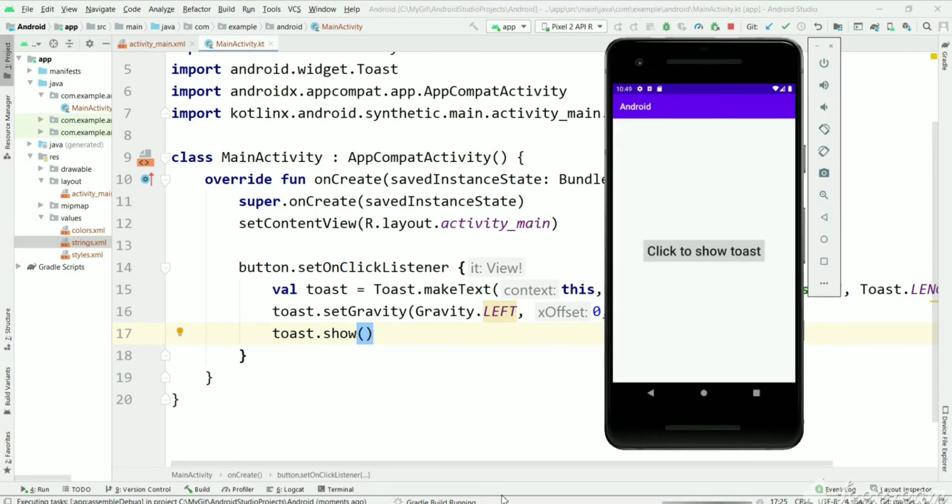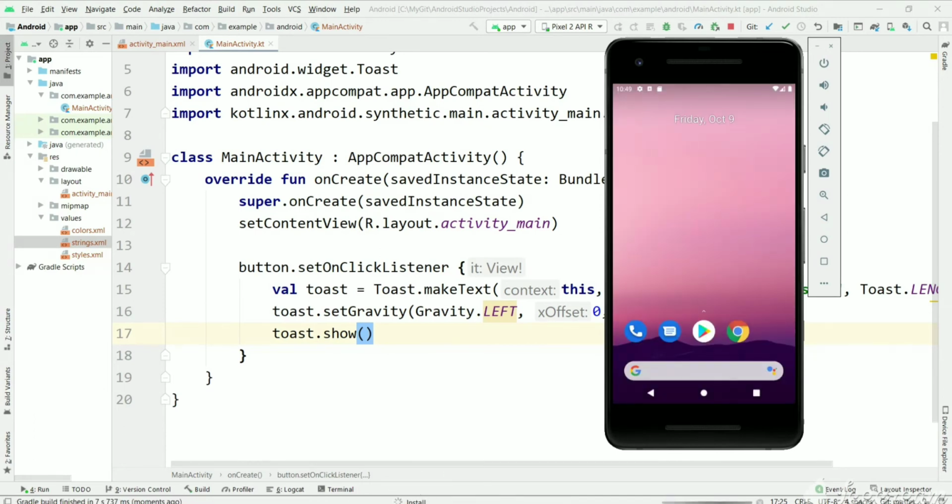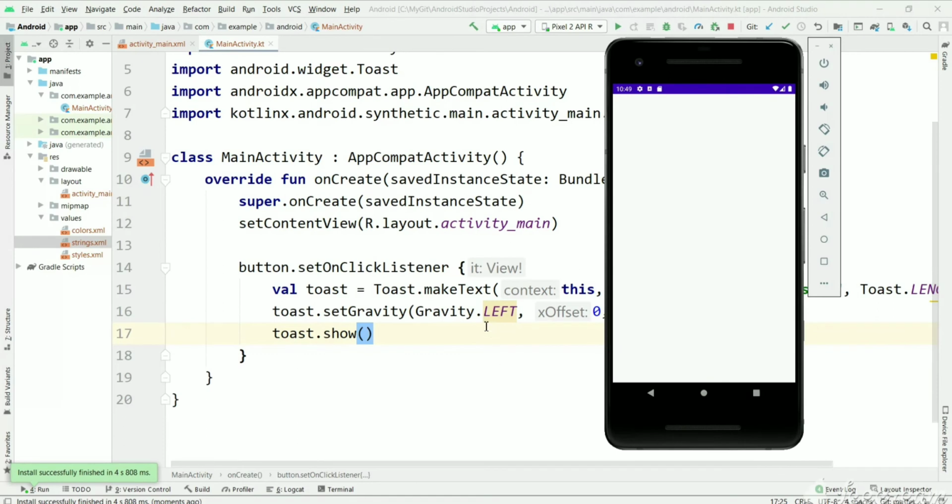The build is running. It is getting installed. Now the app is installed. Let's click the button and see the toast. So here you can see this is toast message we have seen on the left side and center.